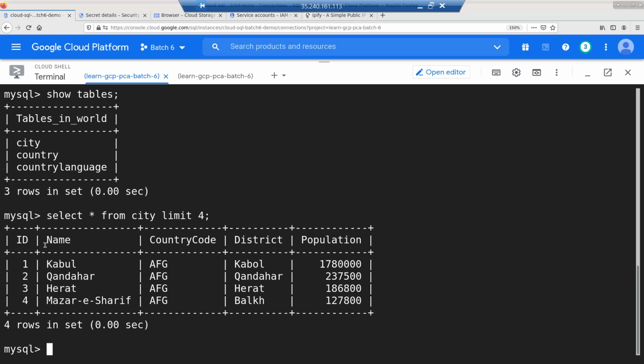Now similarly, if I want to give access to your Cloud Shell, basically what I can do is give a specific range and whitelist it. So let's just do a small activity there. If everybody can launch your Cloud Shell,